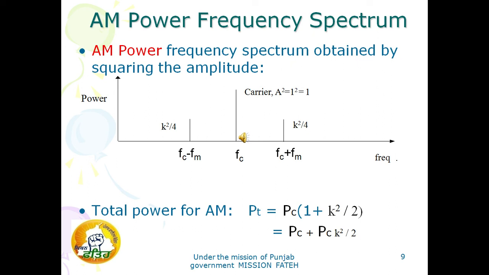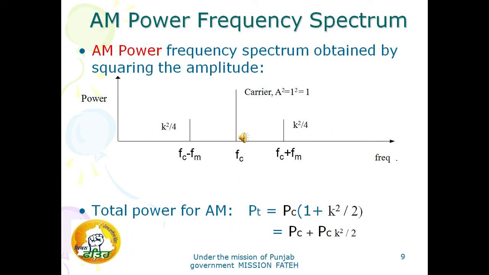In the modulated wave, two sideband components also take place, so that the amplitude modulated wave contains more power than the carrier wave. The amplitude of the sidebands depends upon the modulation index, that is K, so the total power in the amplitude modulated wave will also depend